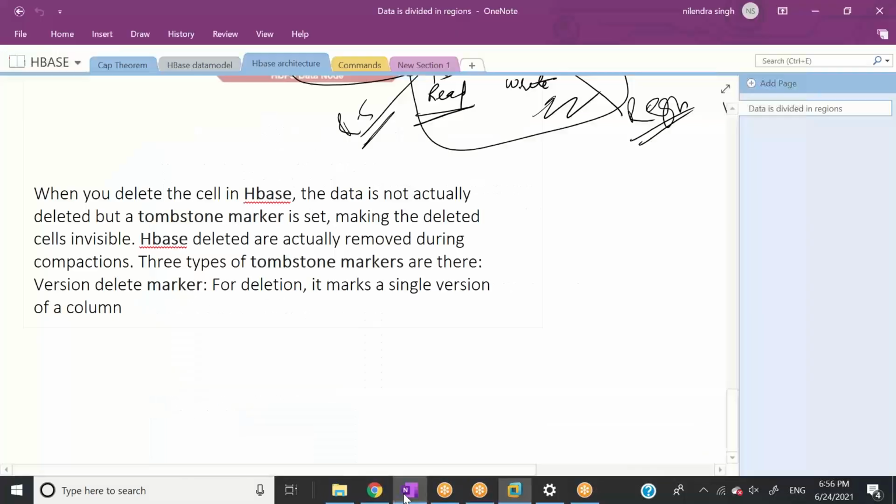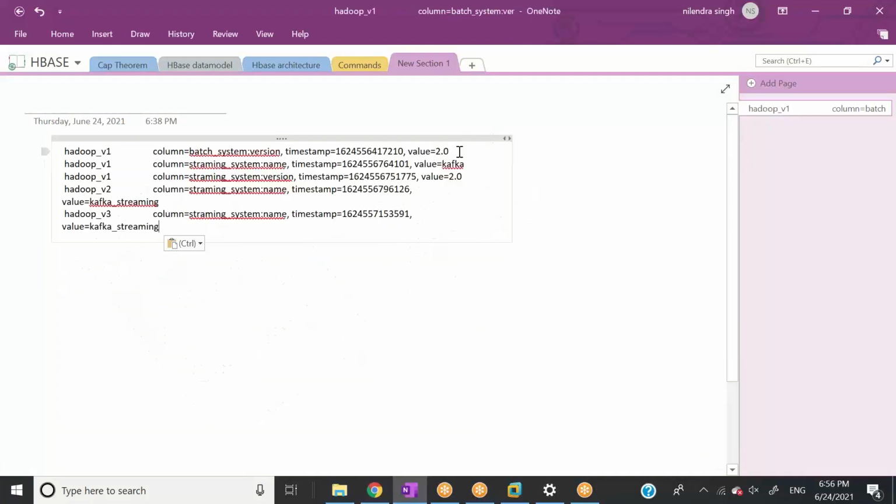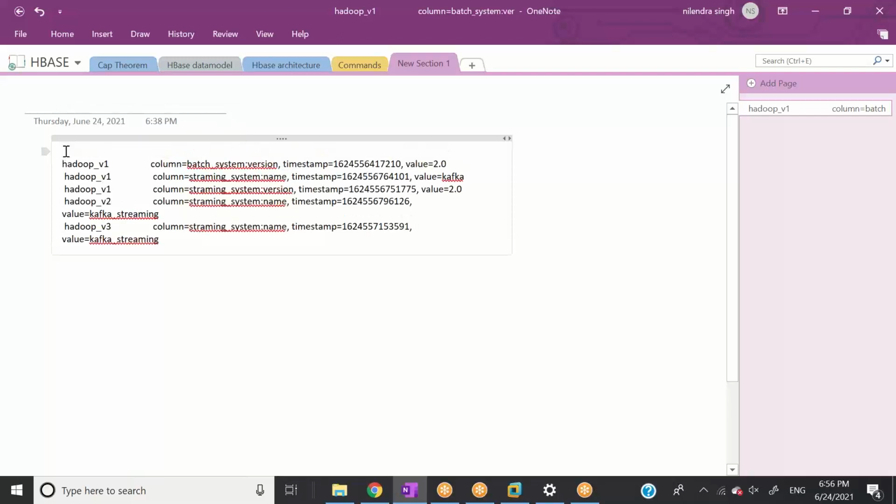So what it did actually, let's go here. Before deletion, there was one more row like this, Control C, let's paste it here. There was one more row with the column family name here, right? And there was a significant timestamp here. So when we selected it, it was getting shown to us, and the value is going to be here, let's say Hive, right? And when we deleted it, it put something absurd here, I'm not sure what the value is. Let's say it put something like tombstone underscore marker here, right?